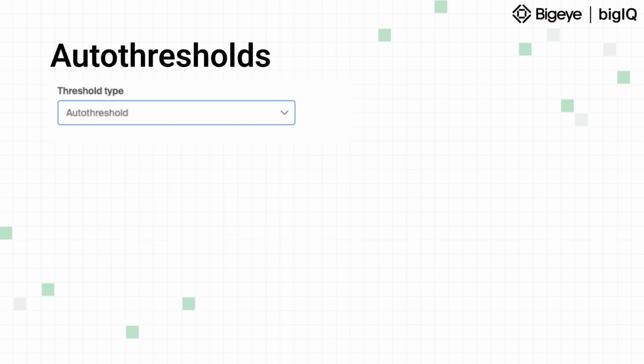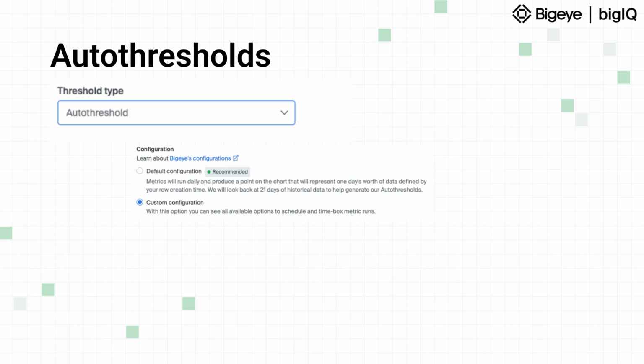Auto-thresholds are generated automatically by bigI's machine learning model. It trains on historical data, taking into account trends and seasonality. If you have a business rule that you want to assert over the metric, you might utilize one of the other 3 metric types. Choosing custom configuration will allow you to change the default settings for the threshold, specifically the